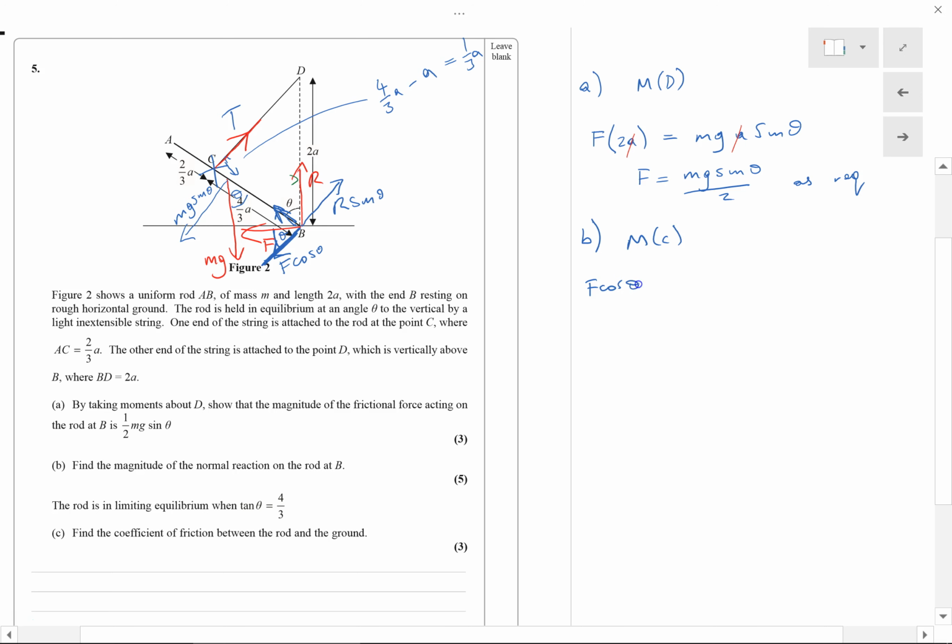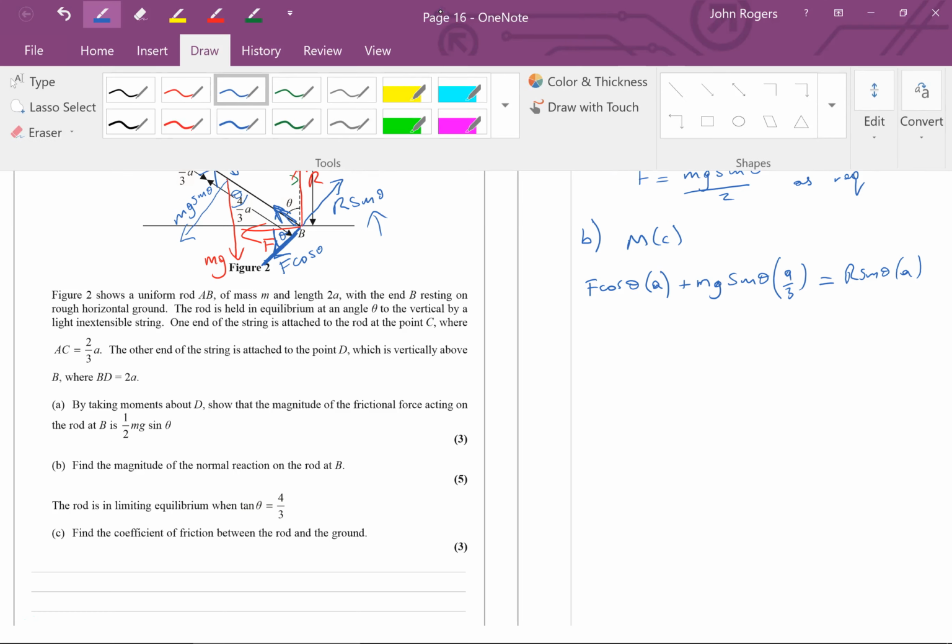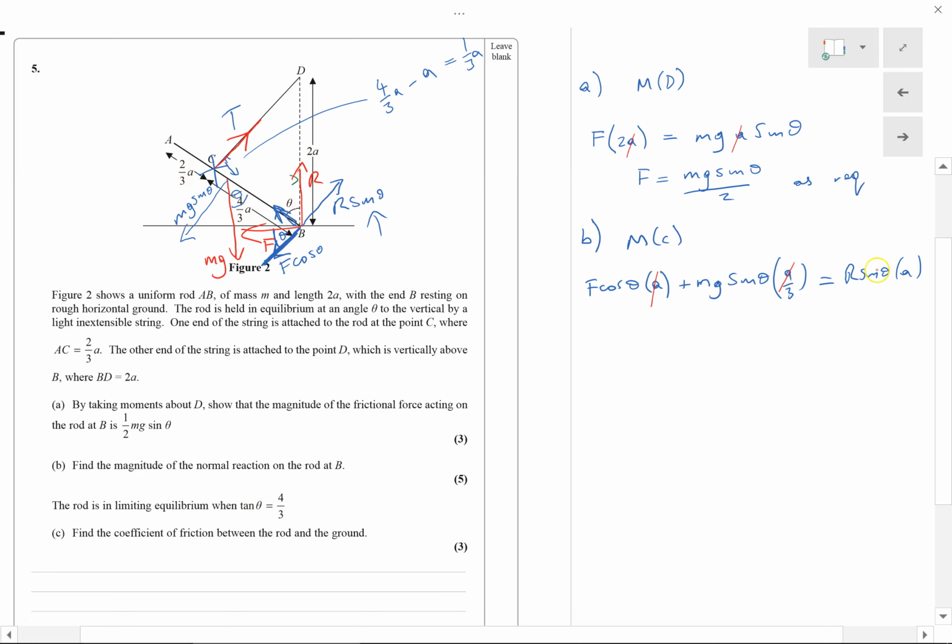So that's F cos theta times the perpendicular distance, which is a. Then let's do the mg sine theta, so it's plus mg sine theta times a over 3. Okay, and then those are going to be equal to the anti-clockwise moments. That's our R sine theta here, which is a perpendicular component, times a. Now, of course, a will cancel. Okay, and if I now substitute for F and do a little bit of messing around,